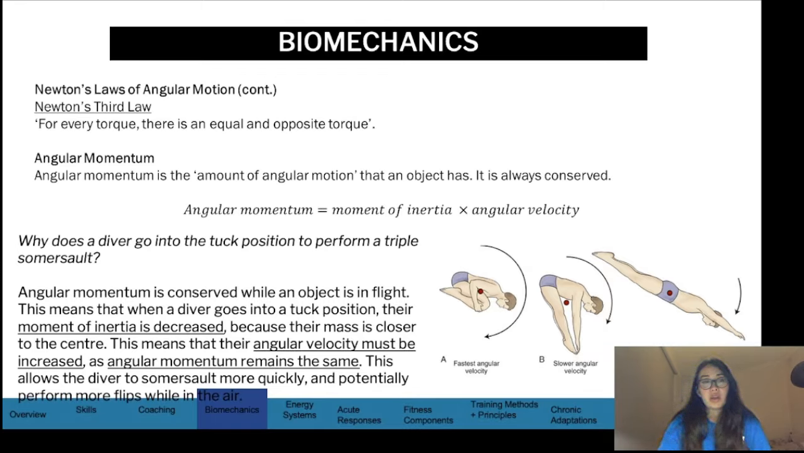The second thing you should take away is this, because it comes up pretty often. So we've got our third law of motion: for every torque, there's an equal and opposite torque. Cool. Moving on from that, we've got